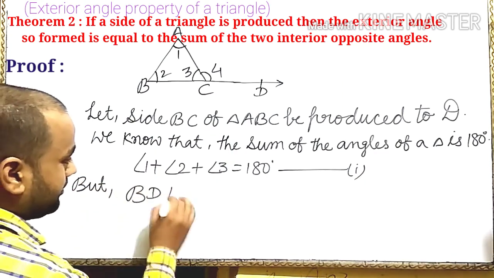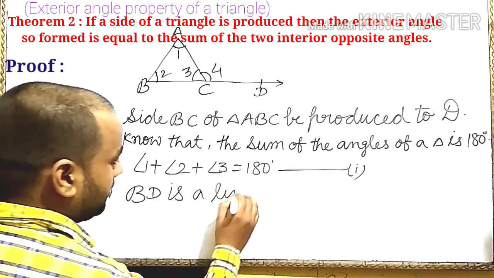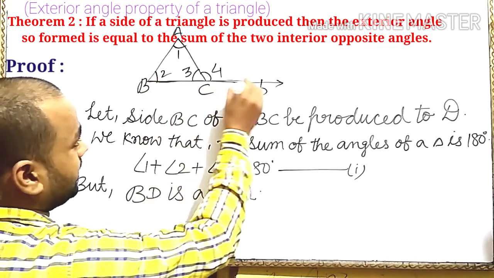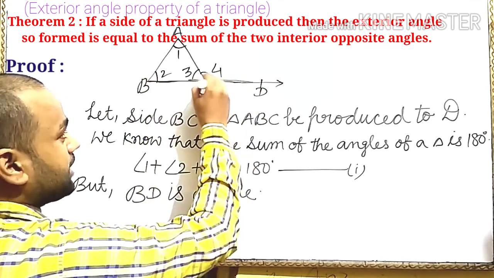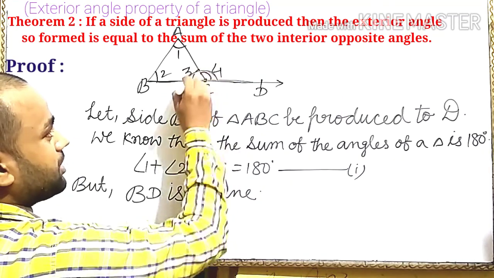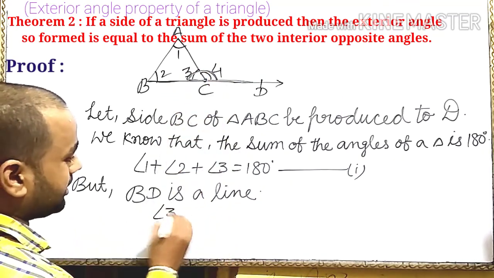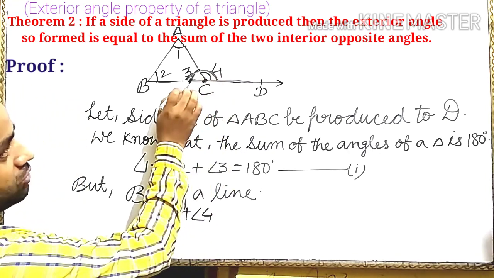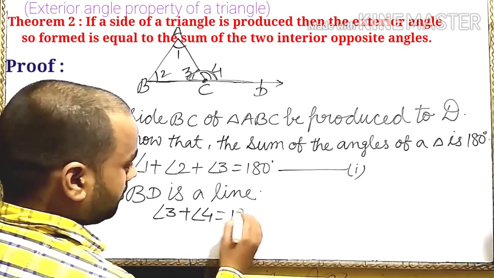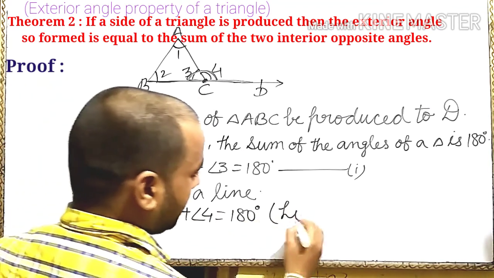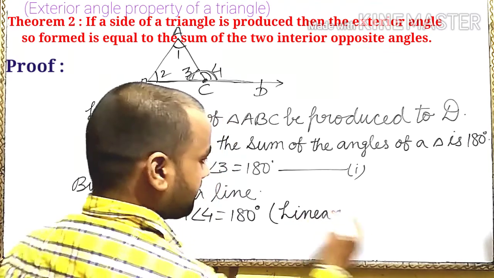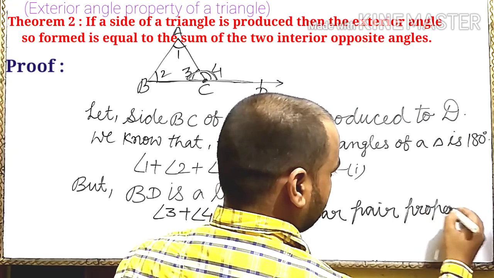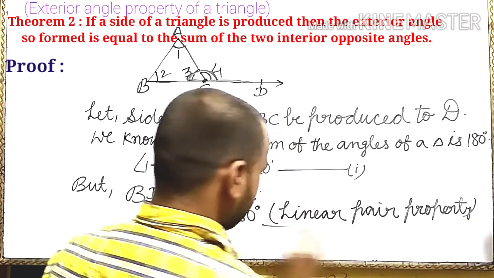तो वी राइट हेयर किसी भी लाइन की एक साइड में किसी एक पॉइंट पे जितने भी एंगल्स बनते हैं सभी का सम 180 होता है. मीन्स एंगल 3 प्लस एंगल 4 एक पॉइंट पे. इस एक पॉइंट पे कितने एंगल बने हैं? मात्र दो, 3 एंड 4 इज इक्वल टू 180 डिग्री. राइट लीनियर पेयर प्रॉपर्टी. We let this equation be 2.